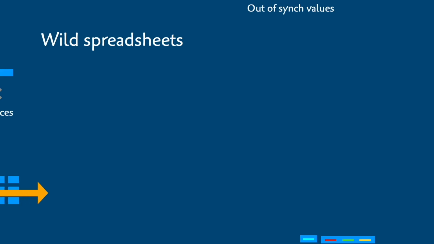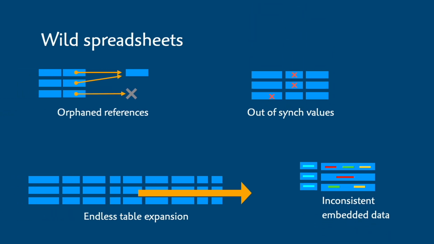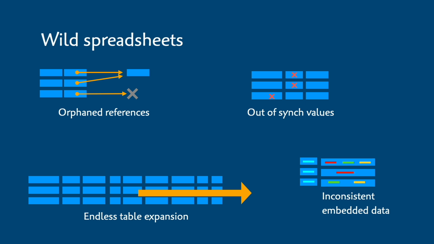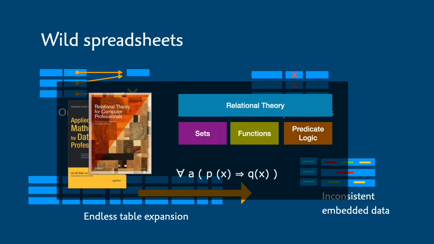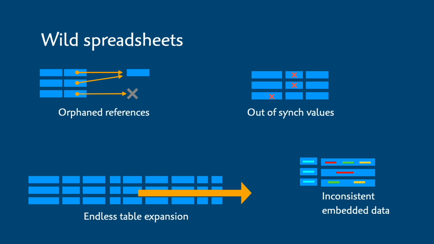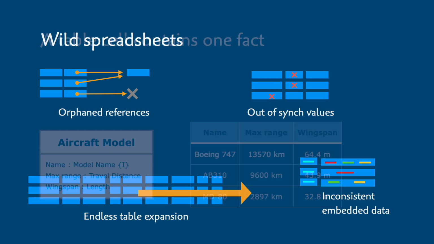Now we need to lay down some simple rules about how our class tables are defined. Left unchecked, tables can turn into wild spreadsheets that destroy the integrity of our data and make execution unnecessarily complicated and unsafe. We're specifying safety critical systems, so we certainly don't want that. Fortunately, the underlying relational theory gives us a handful of well-researched rules that we'll be using throughout this course to keep our tables and models under control. And this theory will ensure that when we specify actions on tables, we'll be able to make simplifying assumptions that streamline our logic, making it more reliable and easier to validate.